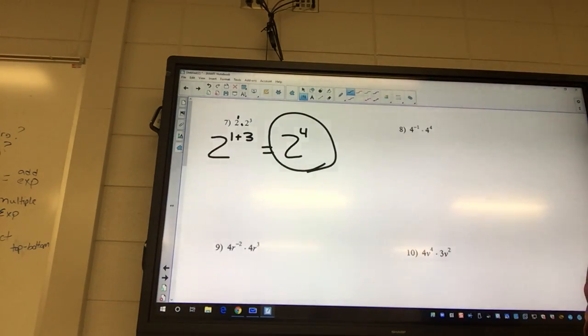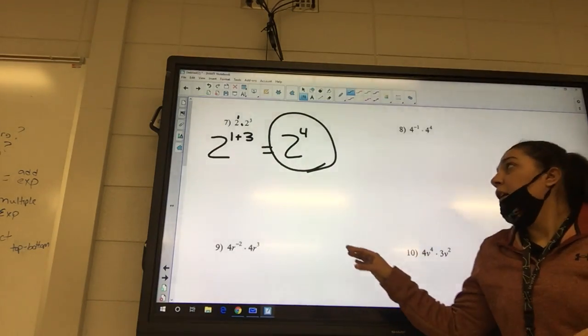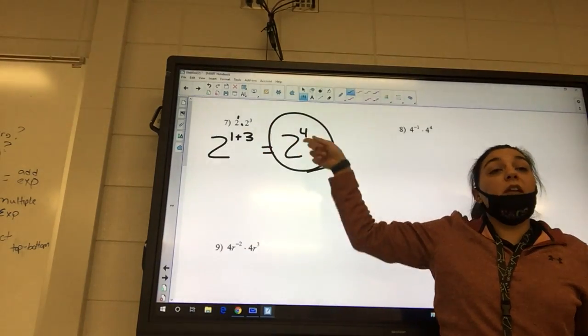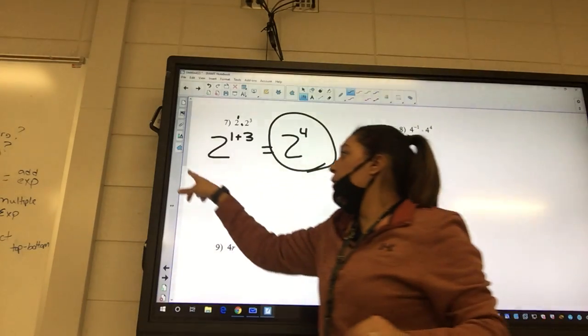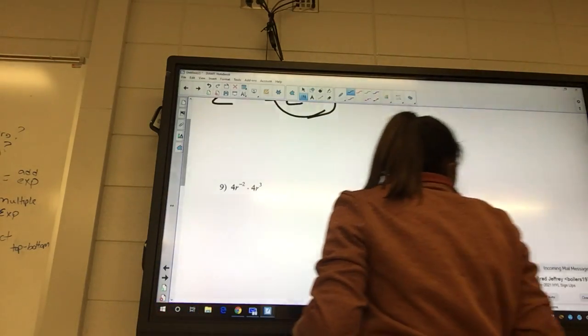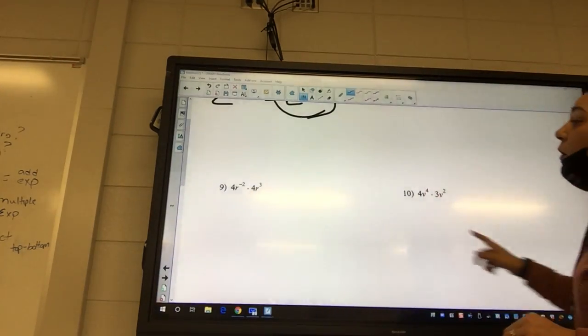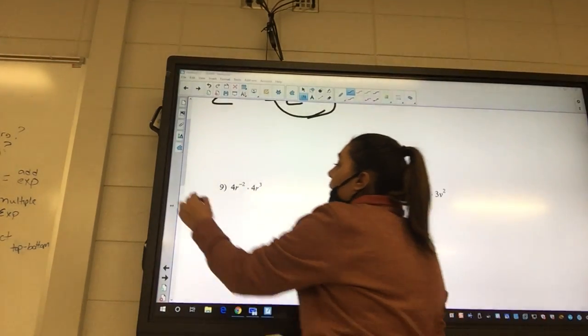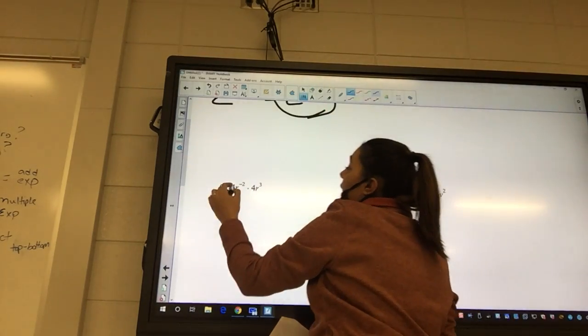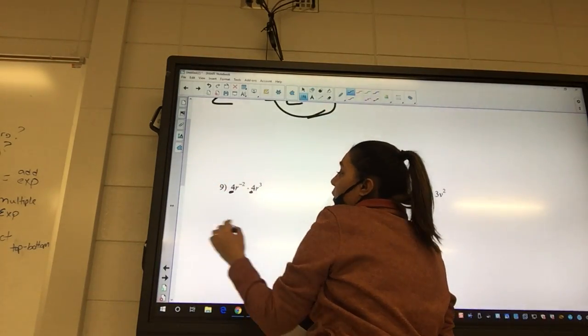And this is where it gets a little bit confusing for some of you guys. See how this only has numbers? So we leave it as 2 to the 4th. The next one has numbers and letters, so we have to not leave it, okay? So number 9 is the same thing. We're going to multiply the bigs, add the littles. Okay, so we say 4 times 4,